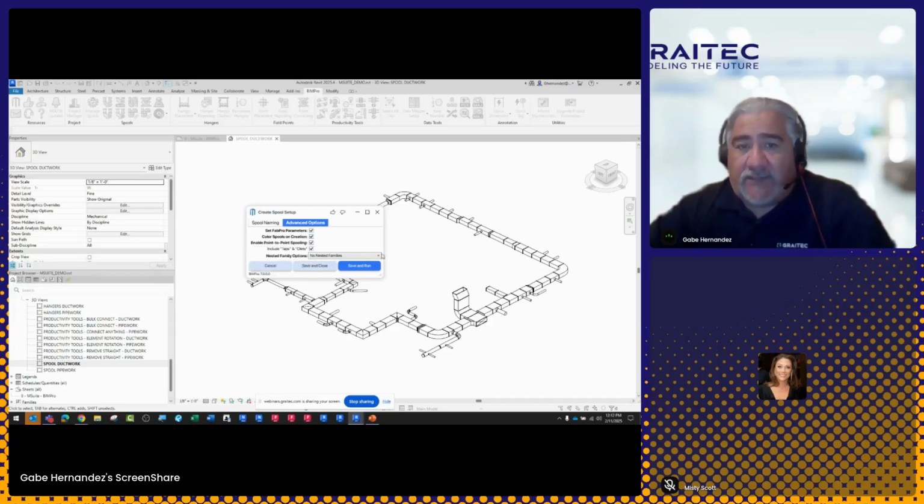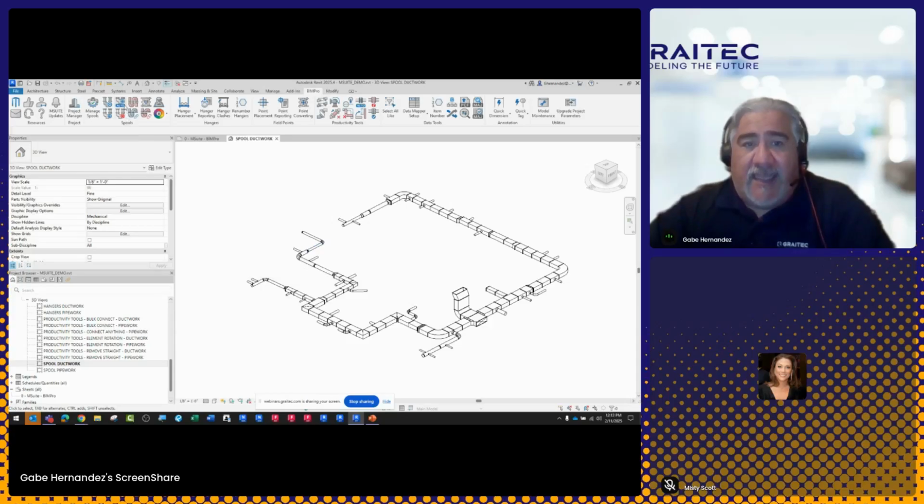And then there's that point-to-point spooling, where I pick one end and the last end and everything in between will spool. So it gives you some options there, as well as for nested families. So if you want to include those in your spools, you have those options in here. So I can just do a save and close here just to get out of the settings. And then the